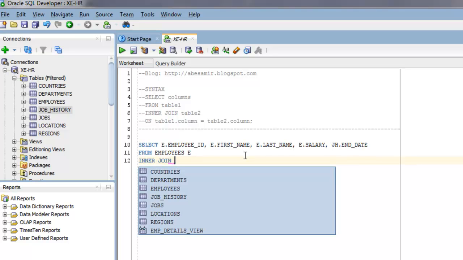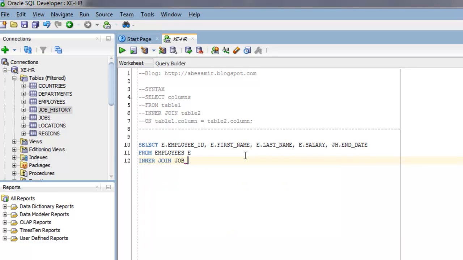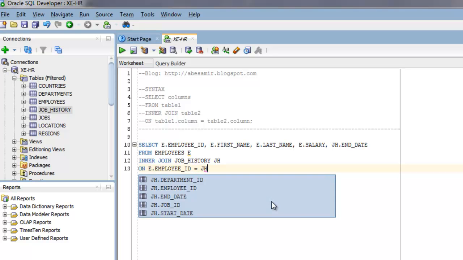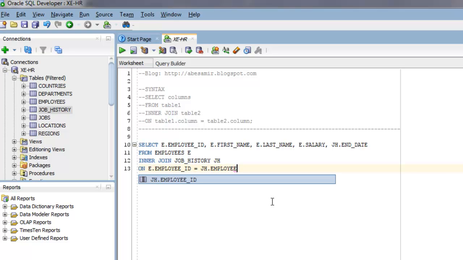join, and the other table was job history. And I did the same thing with this one, because I want the end date column from the job history table, and I've referenced JH, so I'm going to set up an alias as JH for job history, and then my join condition right here, e.employee_id equals jh.employee_id. Semicolon to close that. I'm going to do Control Enter to run that,